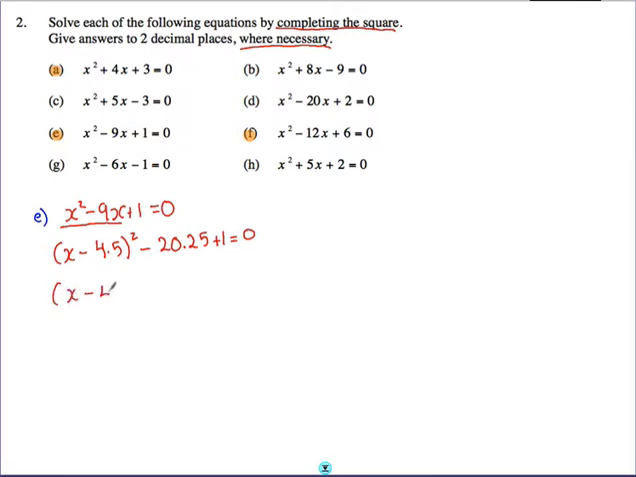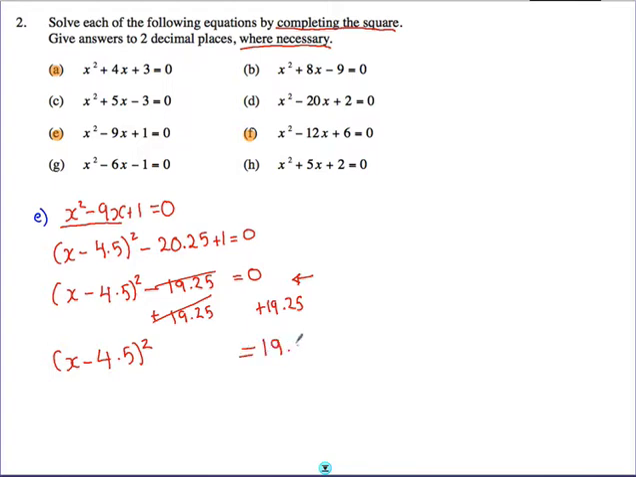So I'm just going to tidy this up very quickly. Minus 20.25 plus 1 is minus 19.25. And that is still equal to 0. Now it's time to solve. We've completed the square. Put it in the simplest form. Let's start solving. Plus 19.25 on both sides. This will cancel out with that, and you're left with x minus 4.5 squared is equal to 19.25. Now, square root,